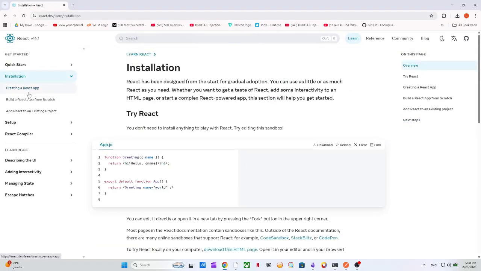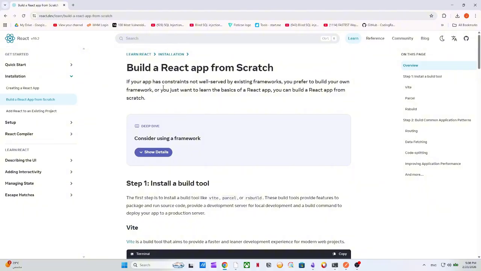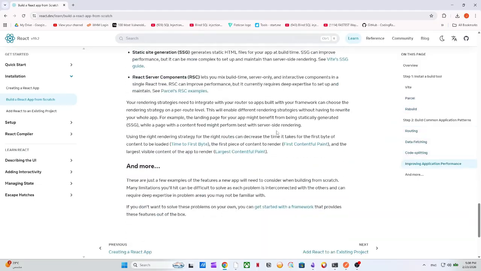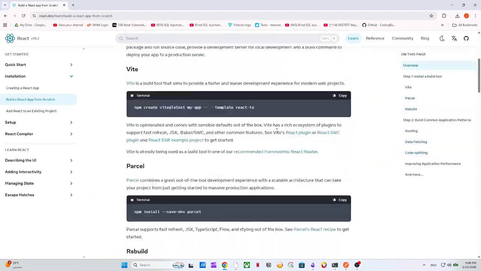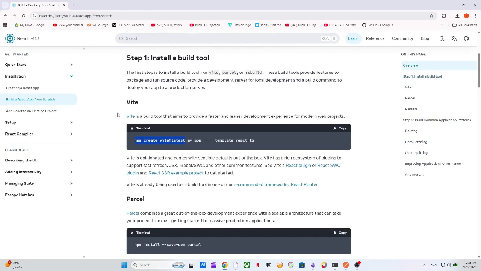React from scratch. Yeah, so if your app has constraints, okay, so build command. Yeah, actually we can just use this command and that's it. It's going to work. Vite is a build tool that aims to provide a faster, leaner development experience for modern web projects. Okay, so Vite has a rich ecosystem. So this is the best way of installing React actually. And I'm going to use my app as well, and then yeah,